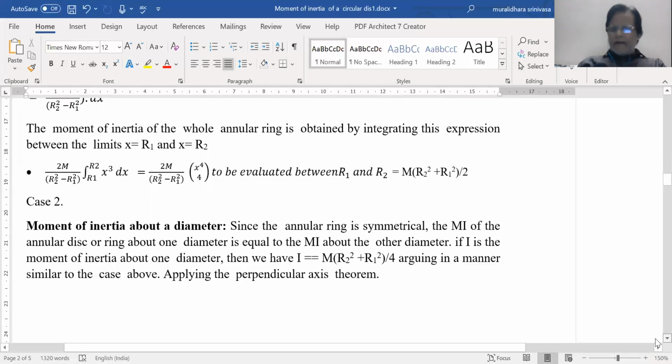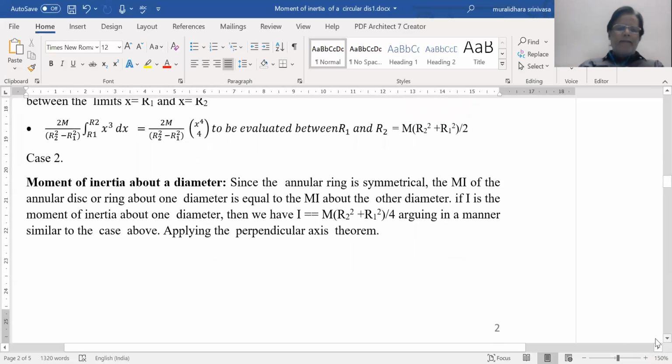Suppose you are asked to find the moment of inertia about any diameter. Then what is it that you do? The annular ring, again, is a symmetrical structure. So the moment of inertia of this annular disk or ring about any diameter is equal to the moment of inertia about the diameter perpendicular to it. Apply the perpendicular axis theorem. If I is the moment of inertia about one diameter, then we have that I is equal to m into